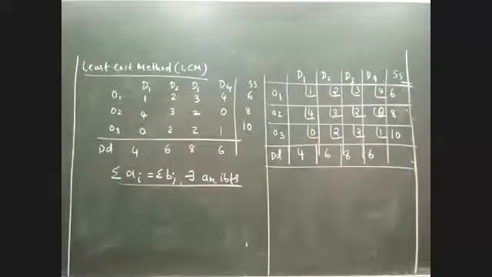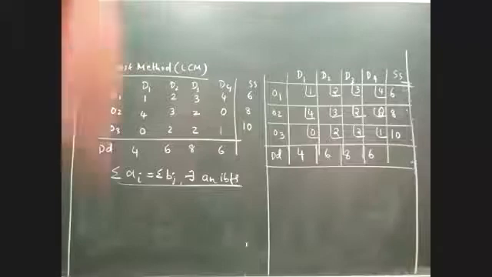Please, everyone, listen to me very carefully. In the Northwest Corner Rule method, the allocation was started from a simple rule: identify the northwest element and start the allocation. Correct? You all agree with that? Similarly, when it comes to the least cost method, we have a different approach. What is the approach in the least cost method? A very simple approach. The method says always start your allocation from the value which is lowest in the entire table. I am repeating it again: always start your allocation from that particular value which is the lowest value in the entire table.